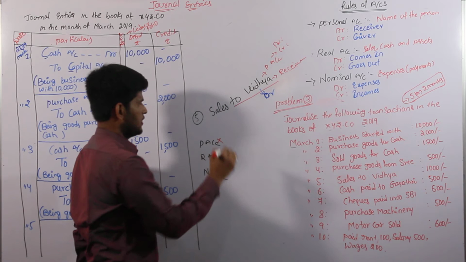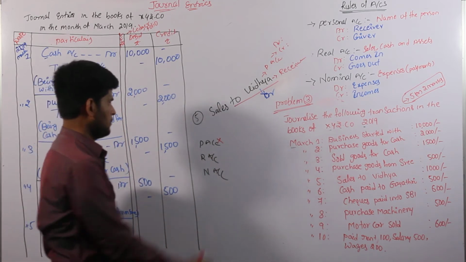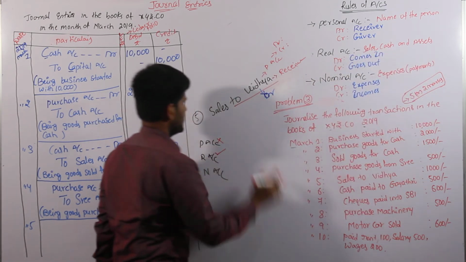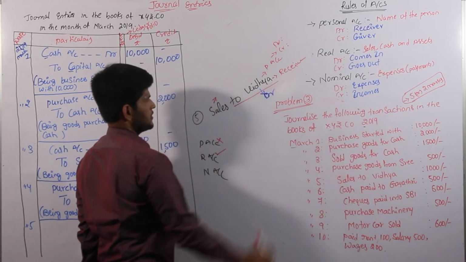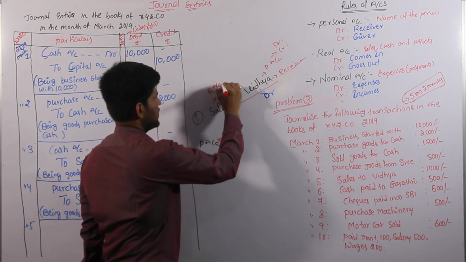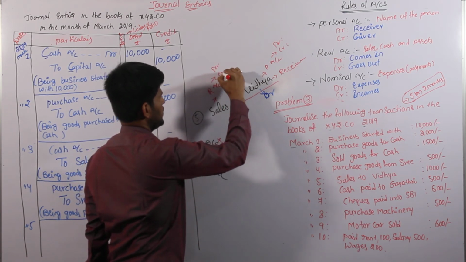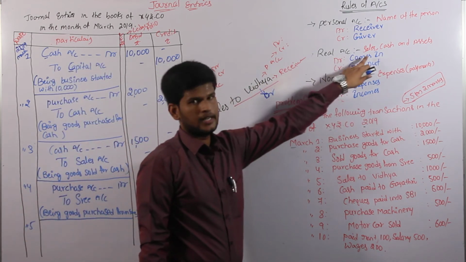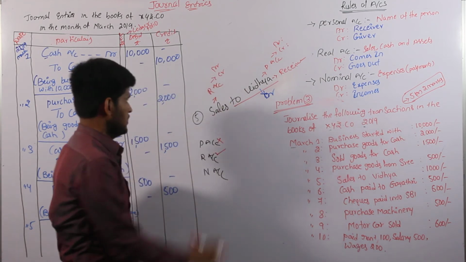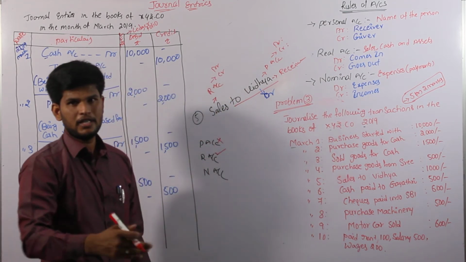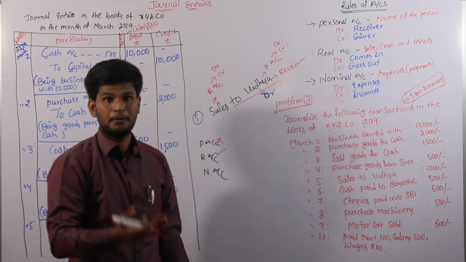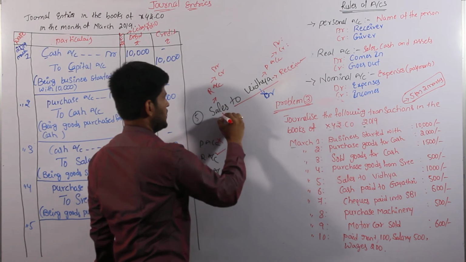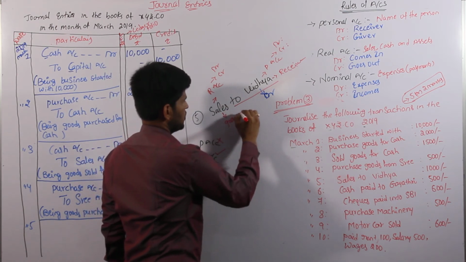And come to the next one. Before that we have to cancel the rule of first one, personal account, and come to the second one, real account. Real account relating to sales, cash, asset. Here we have sales. So the sales is there in real account. In real account again we have to identify debit and credit. So in real account we have two conditions. Debit side comes in, credit side goes out. Sales means nothing but we are giving, means we are selling. Selling is nothing but something goes from us. So the sales are going. So going is nothing but we can take it as goes out.